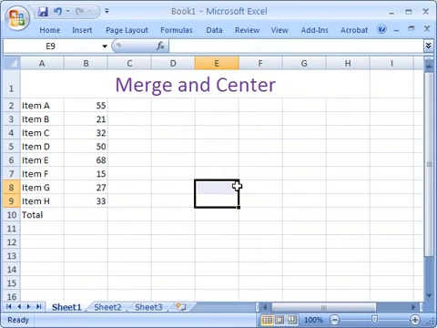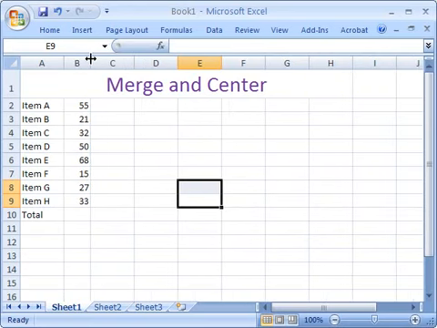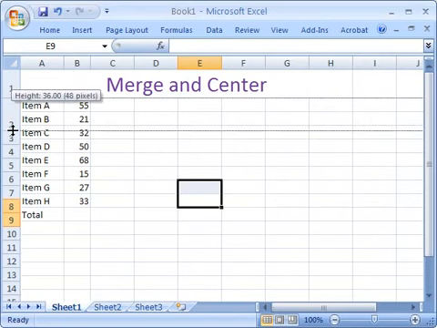So let's resize some columns and rows. This is pretty easy. If you wanted to resize column B, you can always go up to the very top in between the 2 columns until you get the double arrows, click and drag. It's that simple. You can do the same with your rows. Click and drag